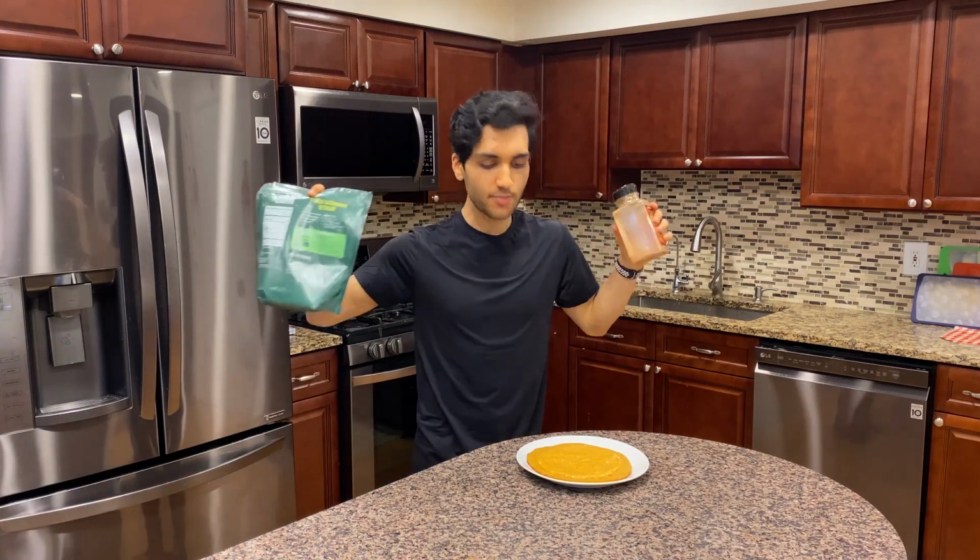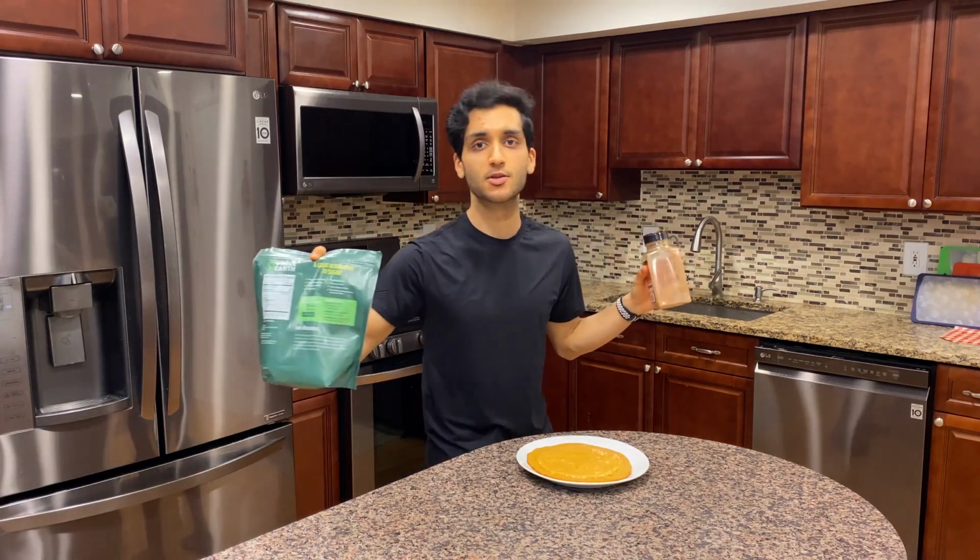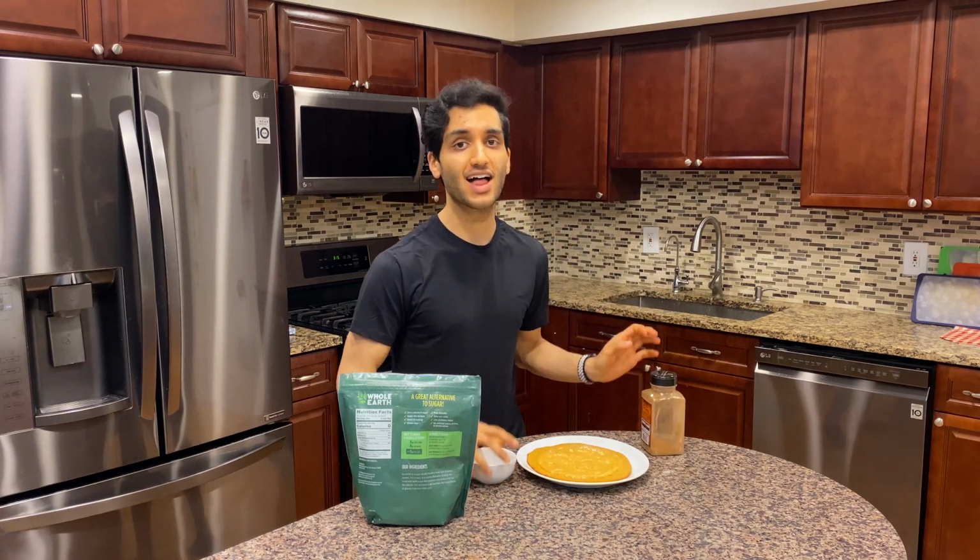And last thing, you could top this off with whatever you want. Sometimes I like to put cereal on it. Sometimes when I don't want to add too many calories, I'll put a little bit of puffed rice just for that extra crunch. But I like to also keep it simple sometimes. And when I like to keep it simple, I like to do a little bit of cinnamon sugar, but without